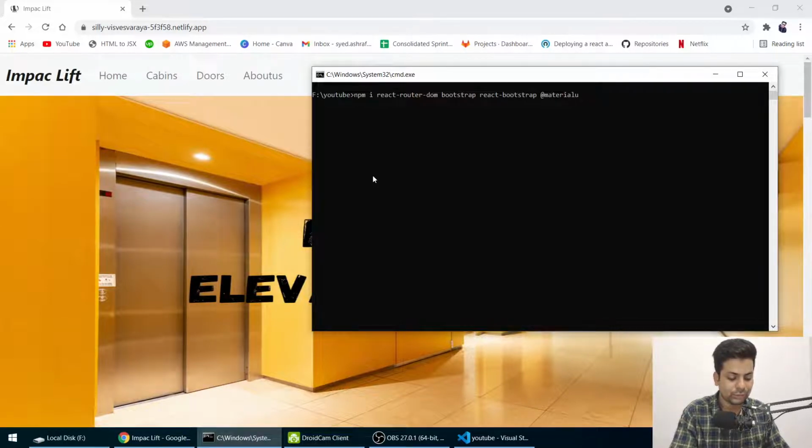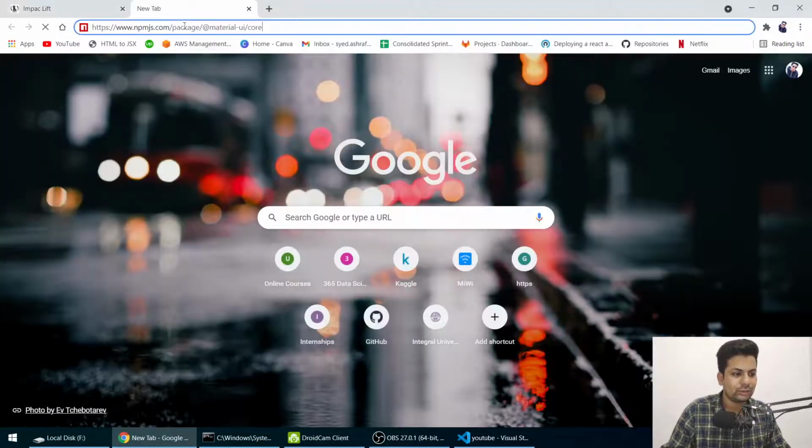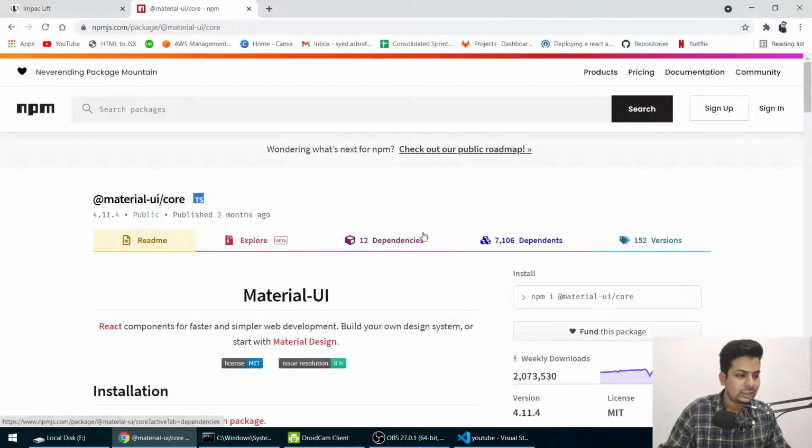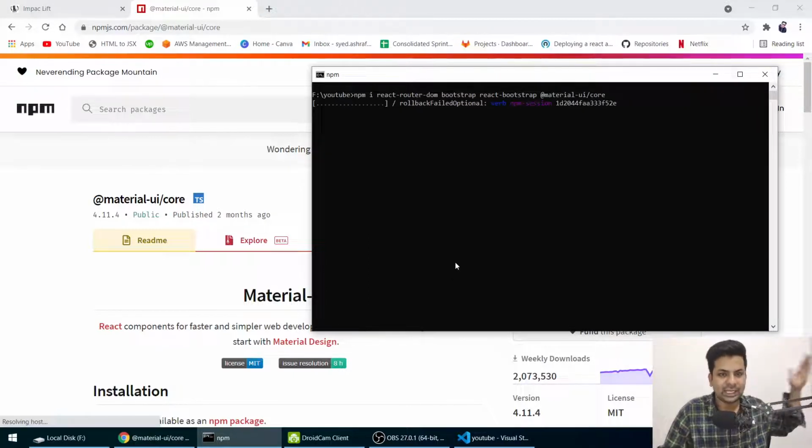I don't know how it's written, let me check it online. npm material UI, material-ui core. Okay, I think that's the one, material-ui core. While it's installing, let me go into the folder.